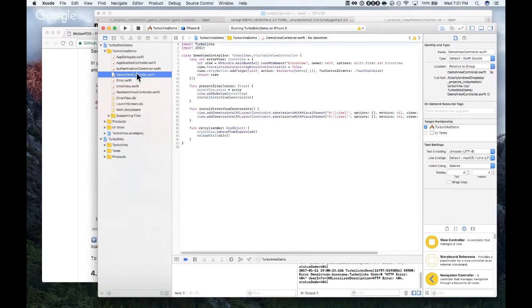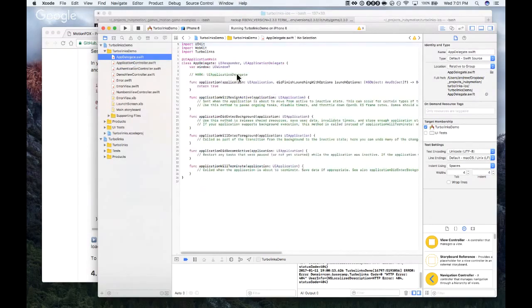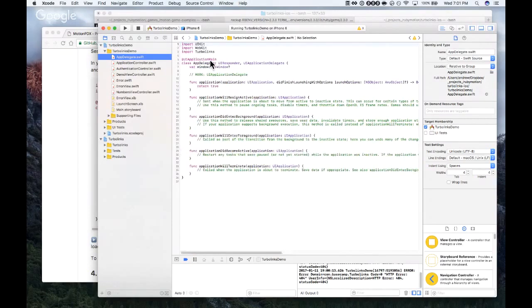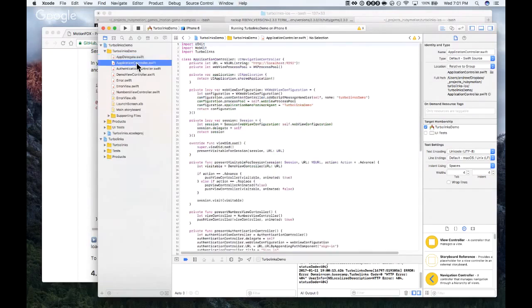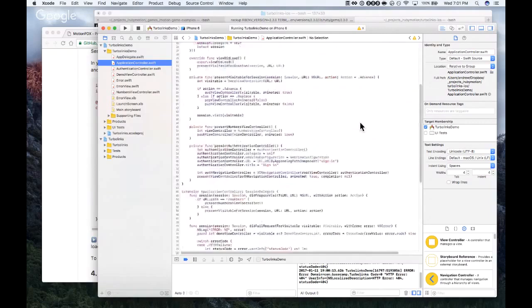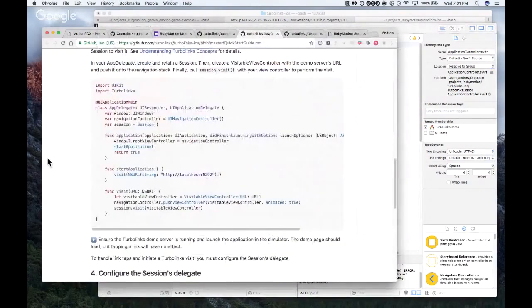I was expecting app delegate to do something here, but so now it's getting to application controller. Anyway,